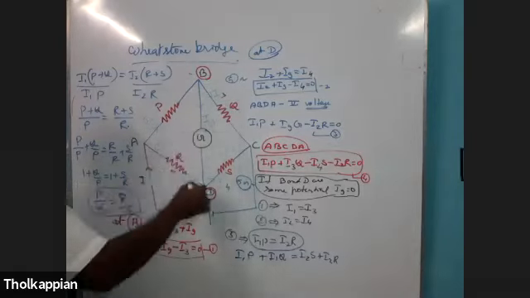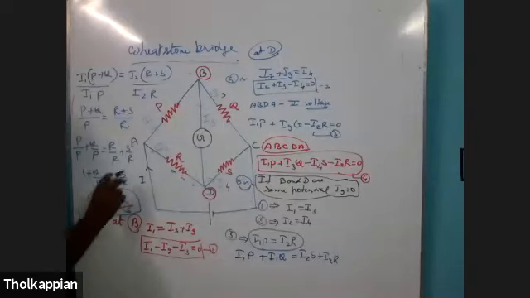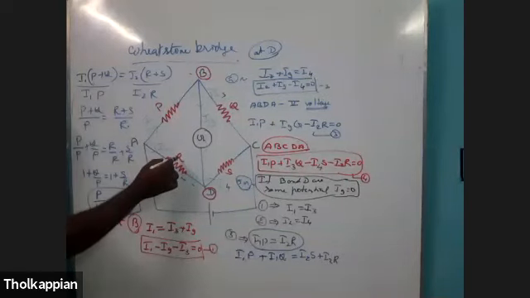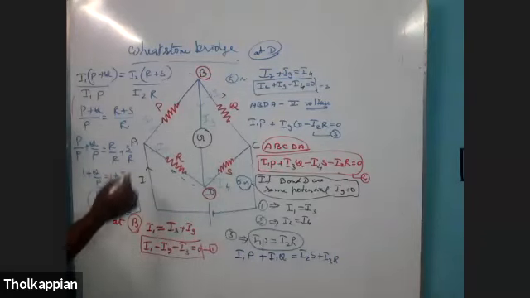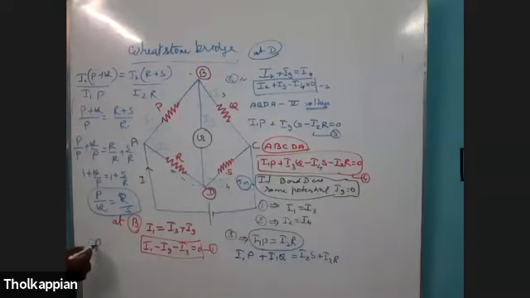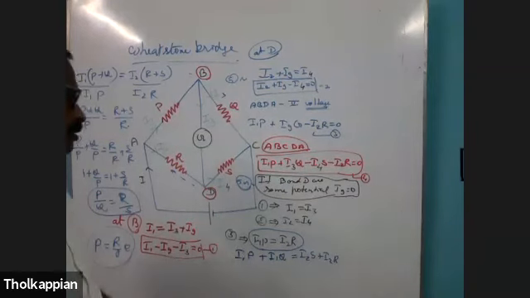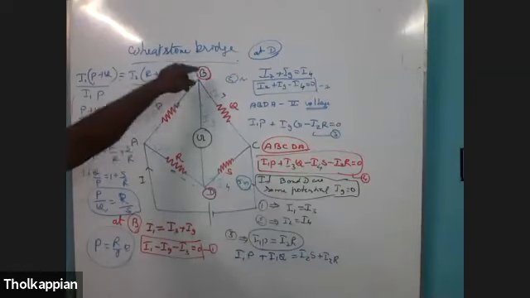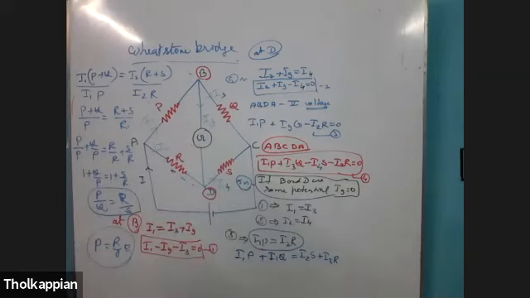The current will not flow here. Keeping this balanced bridge condition, you can find any one value of the resistance. For example, if you know the values of R, S, and Q, you can find the value of P. How? P is equal to R by S into Q. So by using this, all other resistances can be found. Note it down. The main condition is the balancing bridge condition, that is, B and D are at the same potential. The current will not flow here. That is the balanced bridge condition.